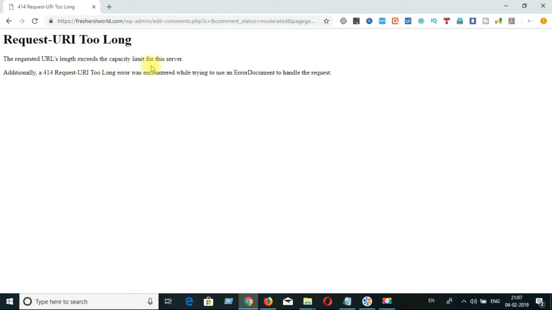Exceeds the capacity limit for this server. Somehow it is generating long URLs like this, so it is giving the error.